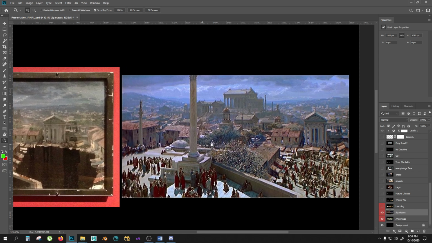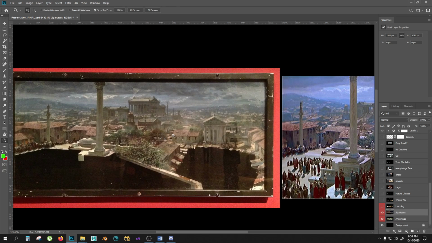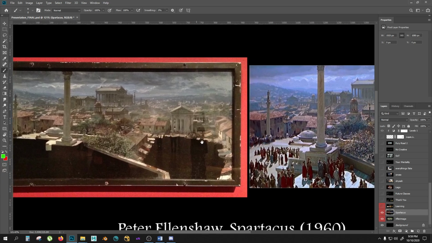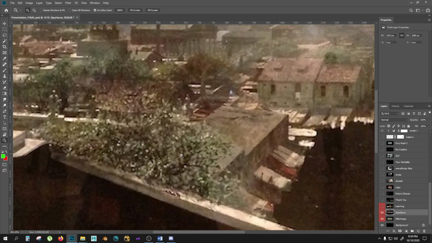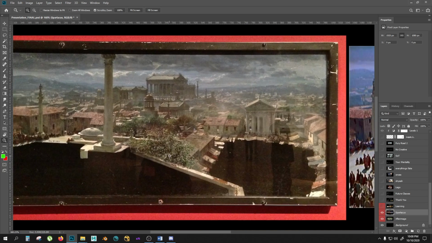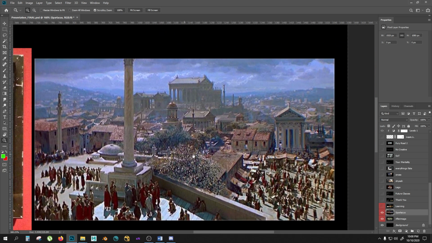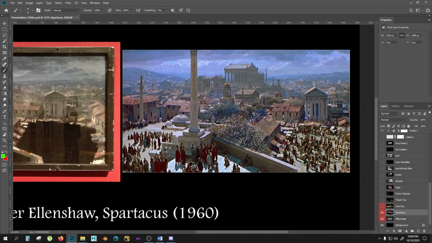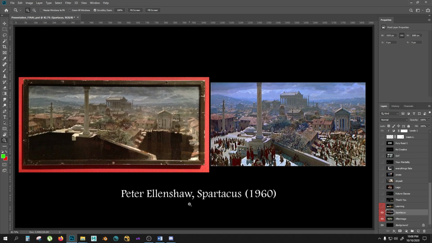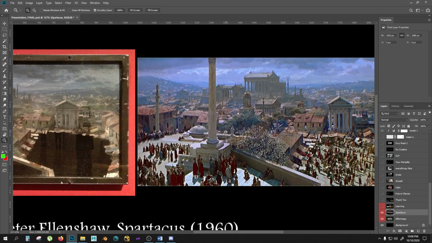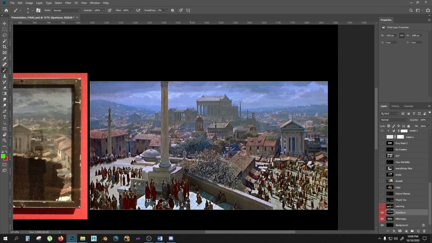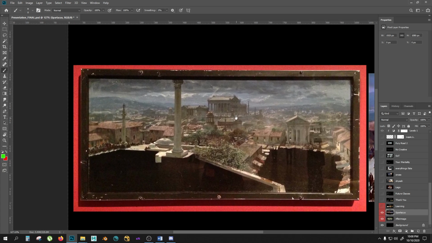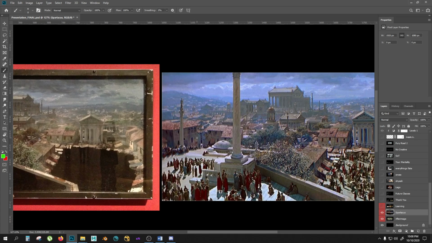And yet there are a couple of things about this matte painting. First off, despite everything, it wouldn't fly today. Because if you zoom in, you will clearly see brush strokes, and the painting obviously looks painted. It doesn't look photographic at all. And by the way, this is the same thing that Peter Ellenshaw himself said in the documentary. This is from the author's mouth. The only reason I think this matte painting was acceptable back in the day in the 60s is, of course, its amazing atmosphere, amazing depth, amazing colors. So that kind of balanced off